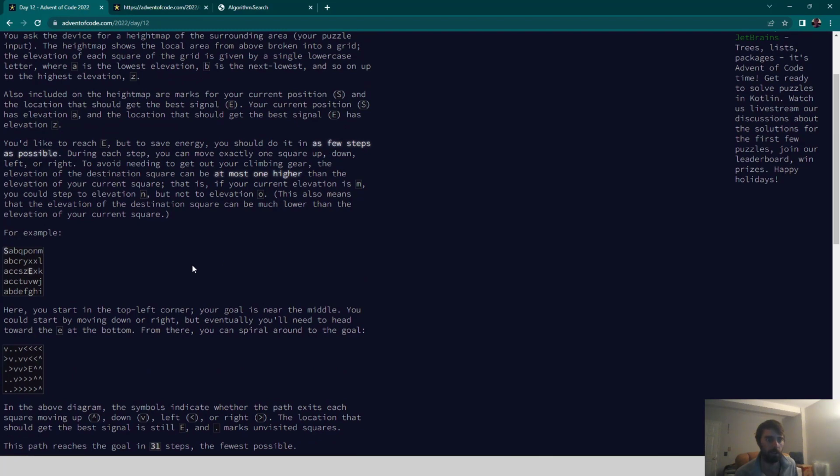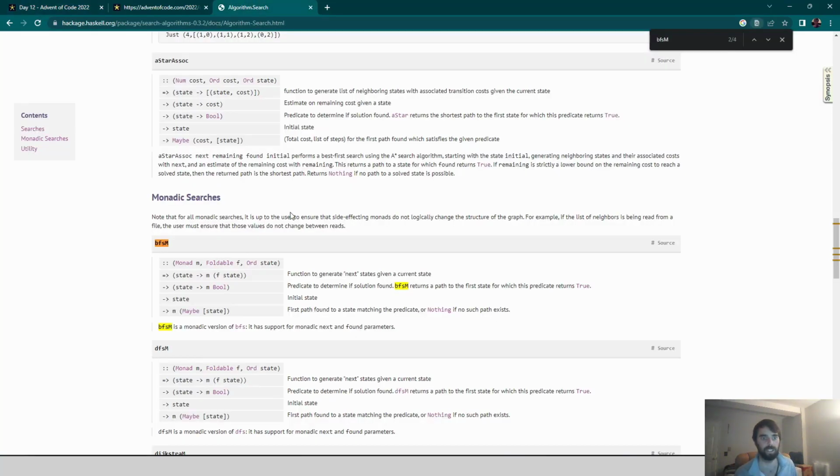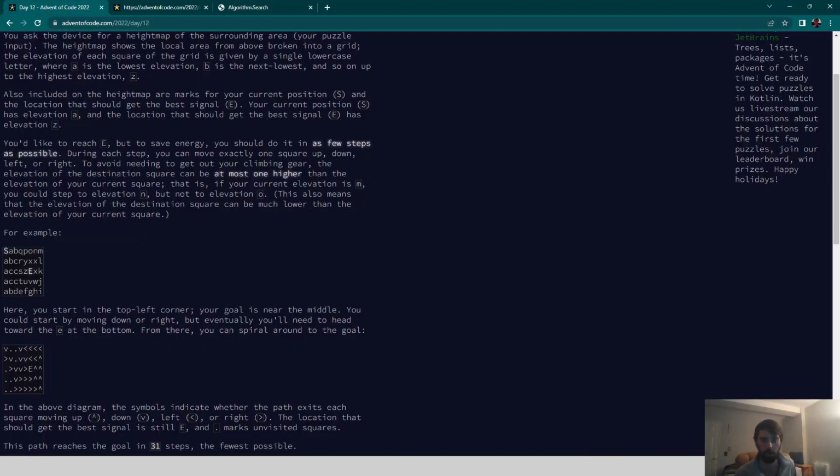And the good news is that I did several articles on Dijkstra's algorithm earlier this year, and I eventually came across the algorithm.search library that provides some nice helper functions for doing these kinds of problems, and it also includes a BFS monadic search function. So I will be applying that. We'll come back to this type signature when the time comes, but first we want to make sure that we're